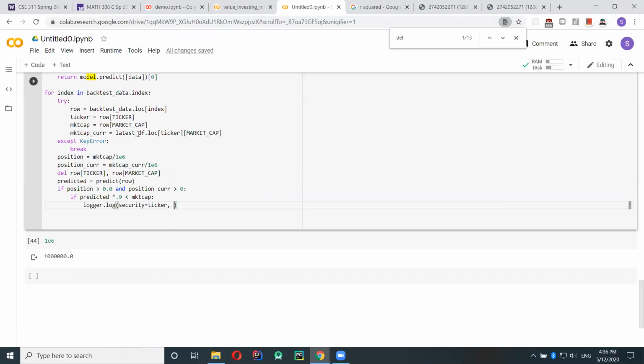Security equals ticker. Set ticker up here. Let's just set shares equals 1. So instead of specifying how many shares we're gonna buy, we're just gonna specify our position size.